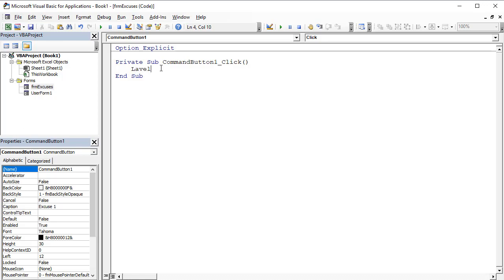I want to say Label2 dot, and you want to make sure you see the little pop-ups there. That means you're referencing the object correctly. If I type Label2 dot and I don't get this pop-up, then I know something's wrong. Label2.Caption, and my excuse is: dog ate my homework. And now when I run this form,